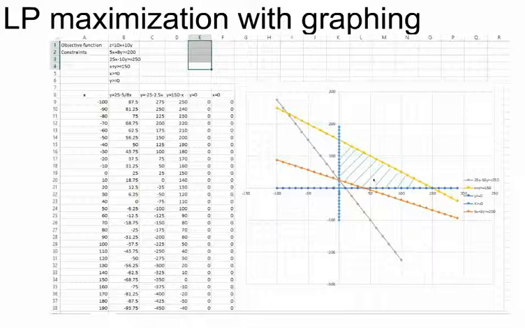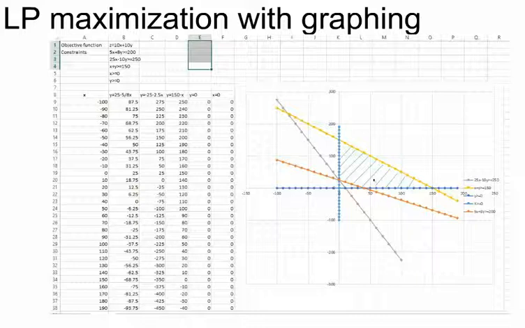What do you have to do in order to find which one is the maximum solution? Okay, what you need to do is take your objective function z equals 10x plus 10y and substitute different numbers for z, like 10 equals 10x plus 10y, or 100 equals 10x plus 10y, or 1000 equals 10x plus 10y. All these different linear functions are going to give you different lines that are all parallel. Some of them will cross the region, some of them will not.